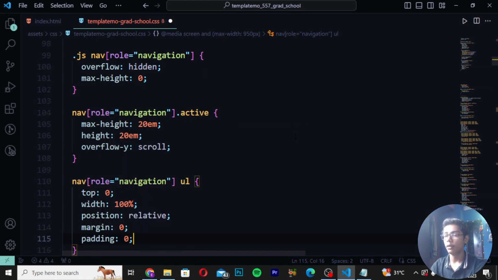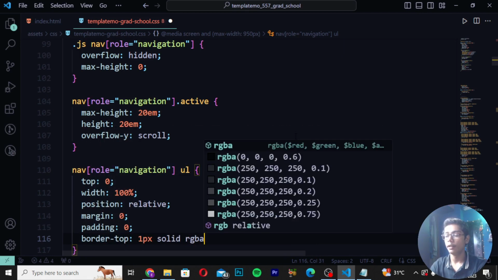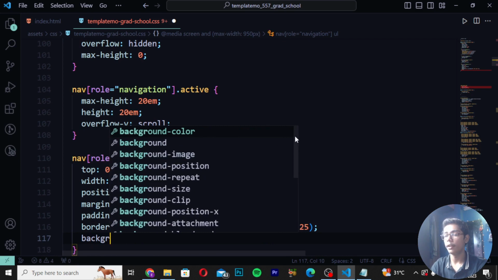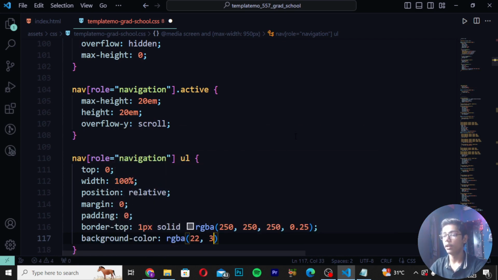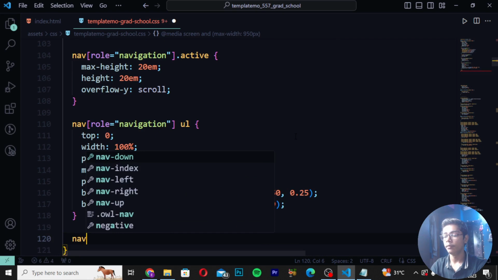Now when you just done that, here you have to create a tag which will be like border top 1 pixel solid rgba, and then write here 250, 250, 250, 0.25 like this. Now you have to write here background color, and then I will be writing rgba 22, 34, 57, 0.99. Then here you have to just do one thing, you have to move down and write here nav role